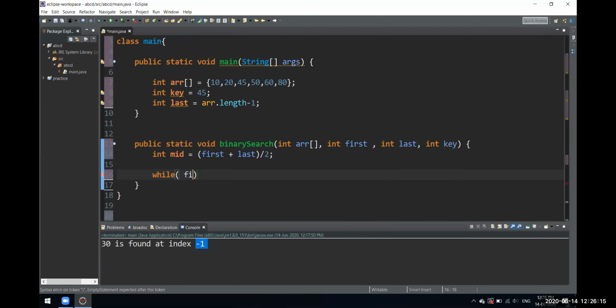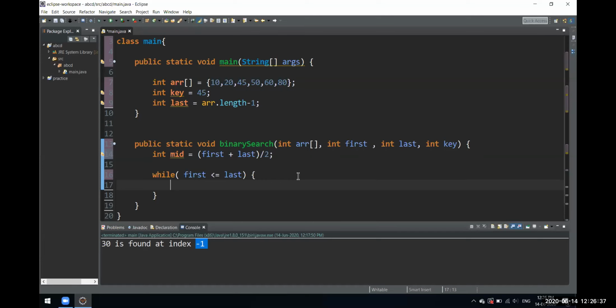We have first less than or equal to last. We are just checking the condition. Inside this, we'll start from the midpoint of that array.